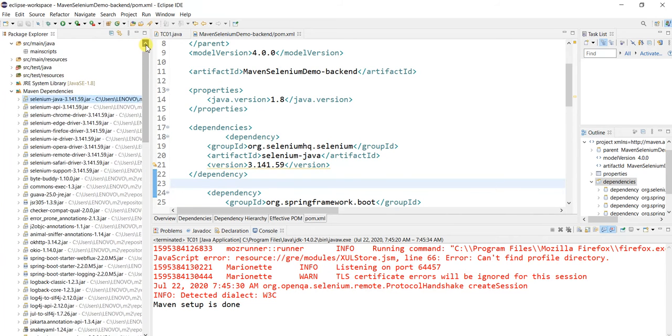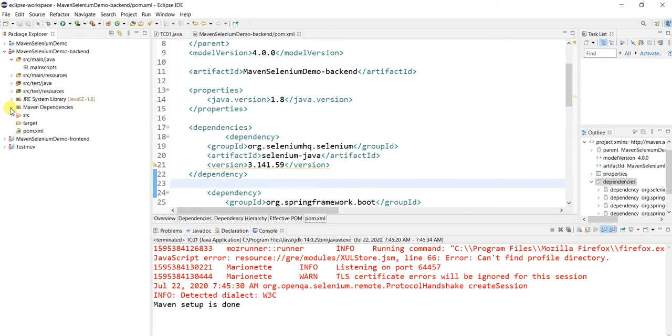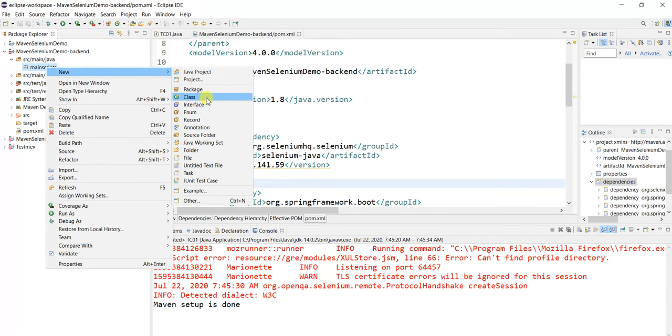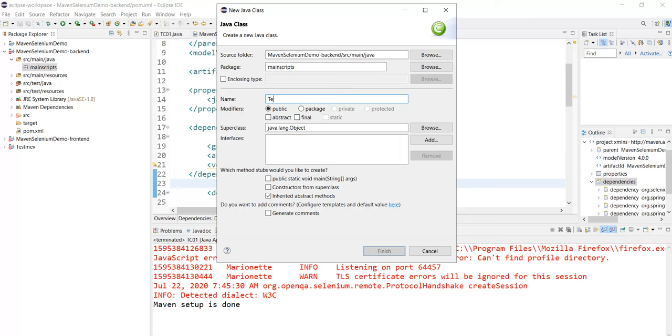Now I need to write a Selenium script just to ensure that these jar files are getting identified properly and working for the automation script. For that reason, I should go back to the main script, which is src main java. Inside that main script package which we created, I will create one class, TestLaunch01.